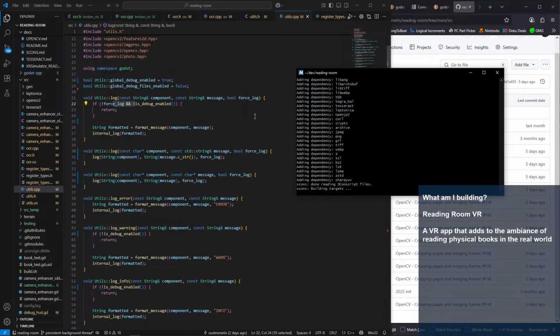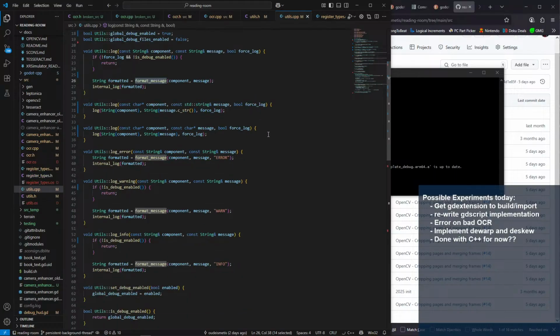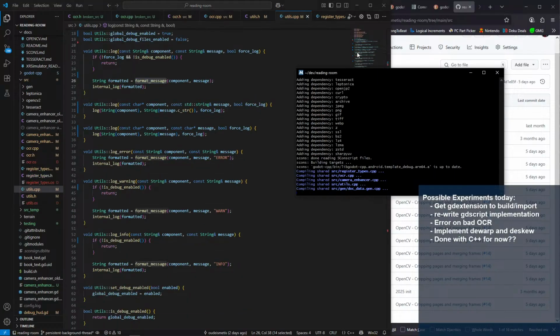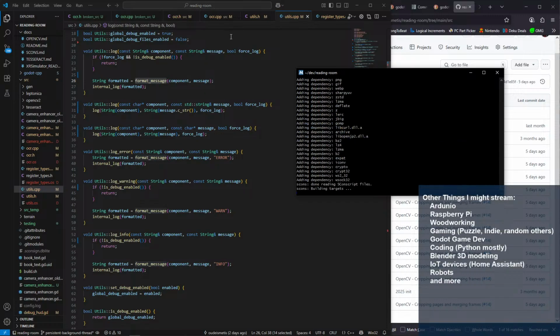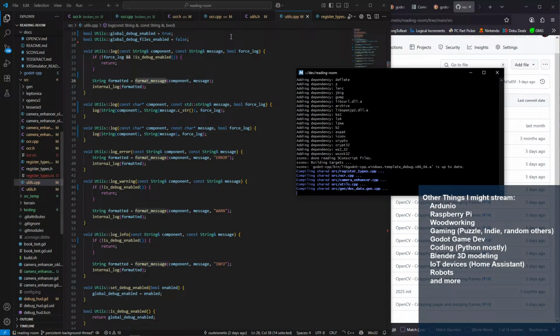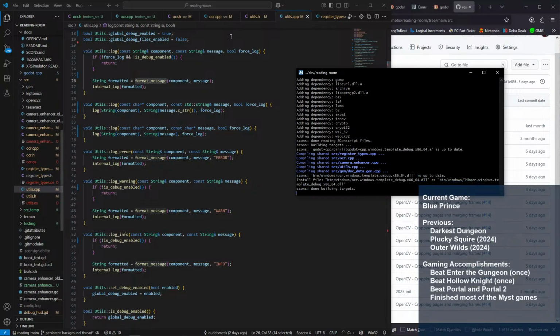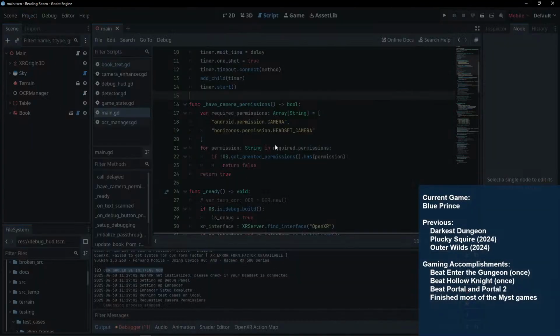Let's build again, now that I fixed that. So then we format the message, and then we call internal log. Now I want to see this succeed. It's going to be hard to debug anything else if I can't actually log and see things. So, kind of important. Let's reload the project.